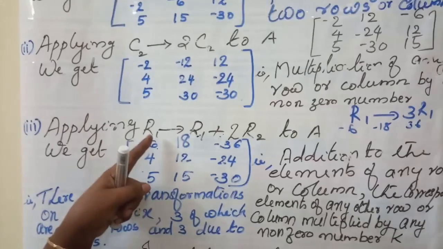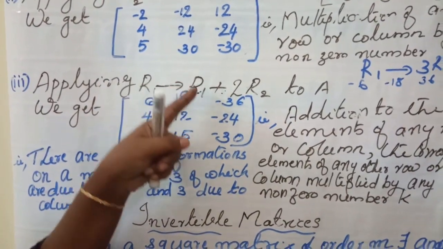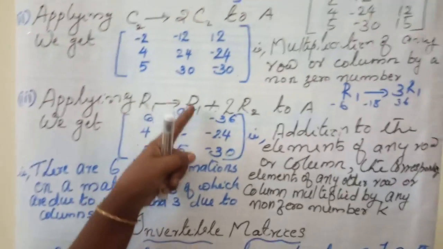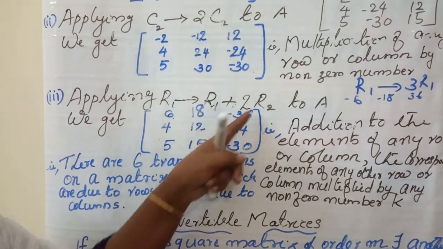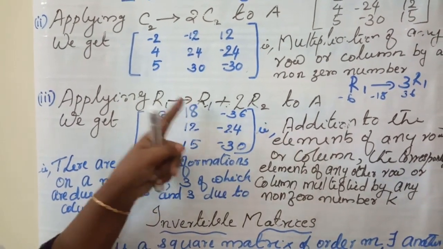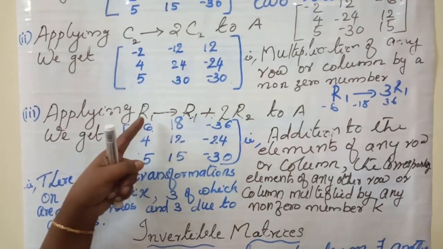That means instead of R1 we can say R2 changes to, okay, R2 plus, for example, I consider 4R3. Like that, any change here we can consider. This is only an example. The same operation. This is the third elementary operation or transformation. This operation we can apply for what?